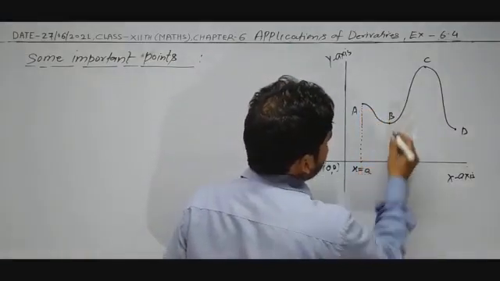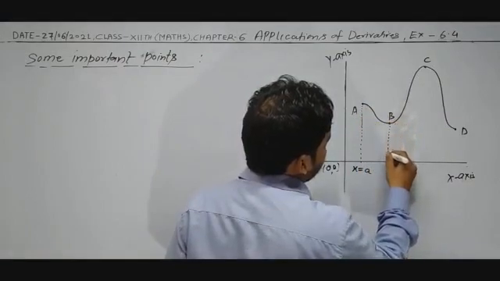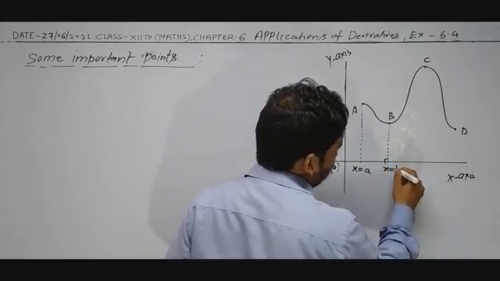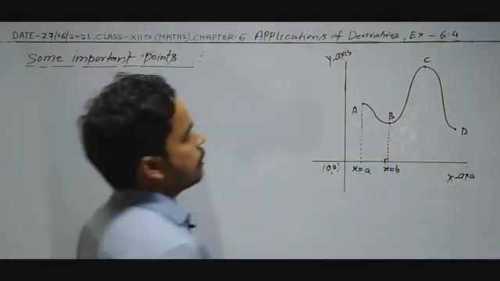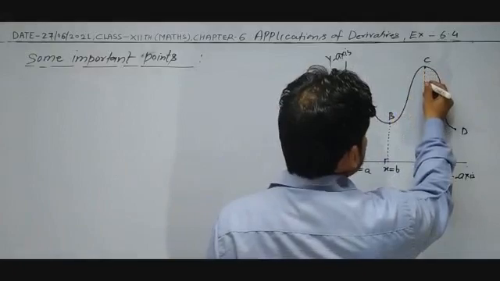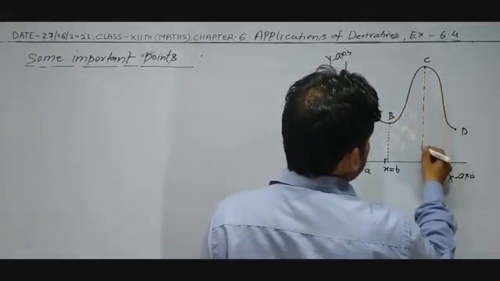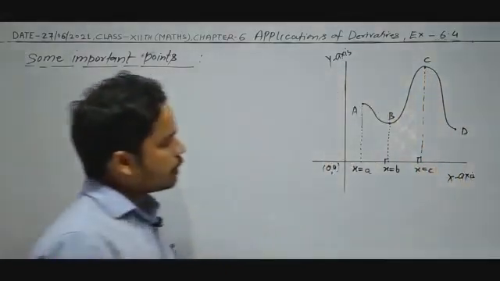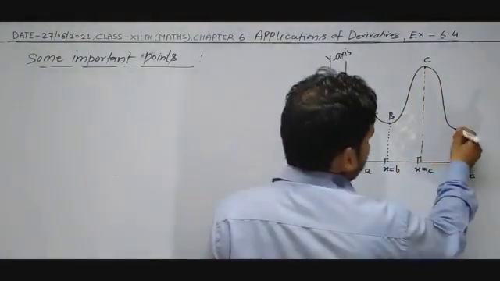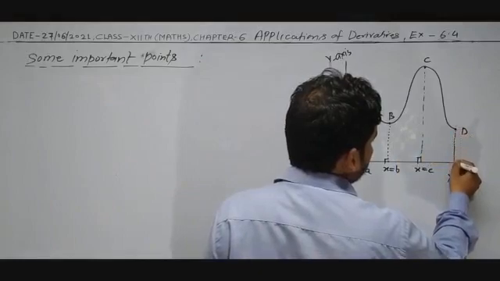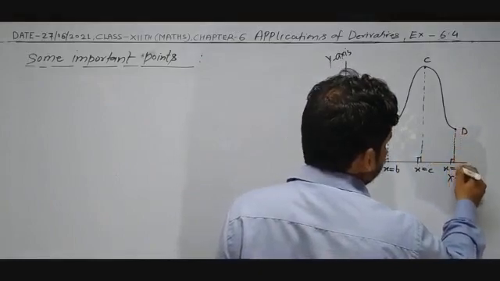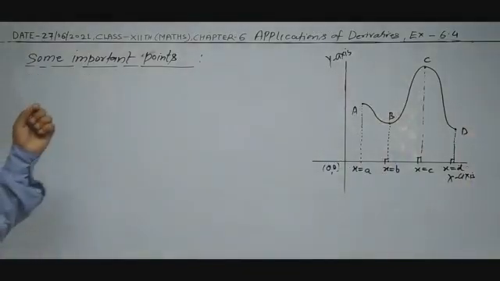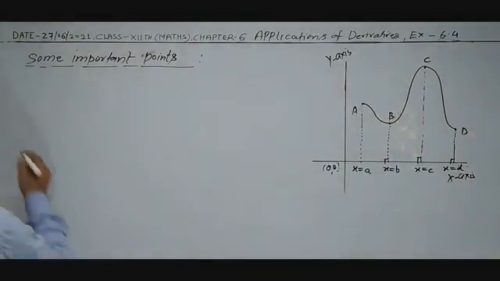This is at x is equal to A. When you draw the perpendicular from B, you will get the abscissa measurement at x is equal to B, and from C we draw the perpendicular, and the abscissa measurement will be x is equal to C. Similarly, from D draw the perpendicular and you will get x is equal to small d. So from A to B, from the graph,